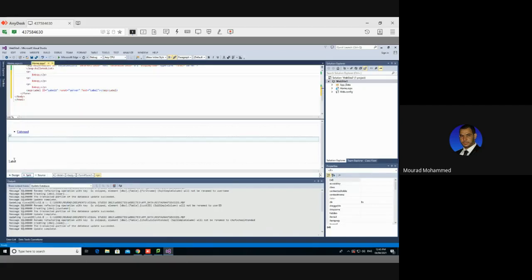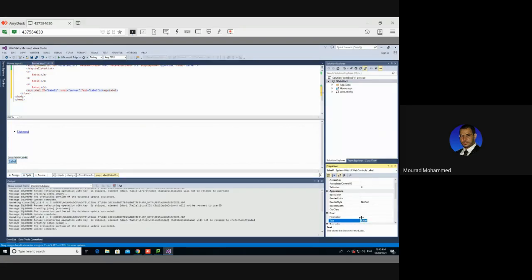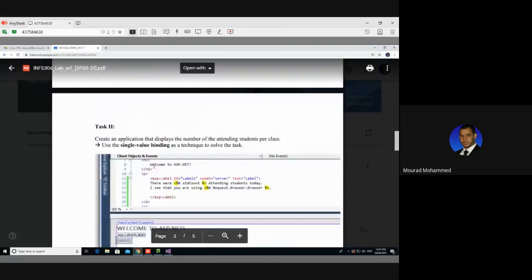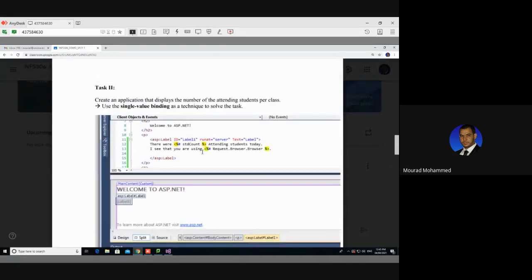So this label text, I'm gonna here refer to the label text. I'm gonna say there were, let me see, there were X students and then day. Okay, dot. Good. What else? Any other text? Yes, I see that you are using